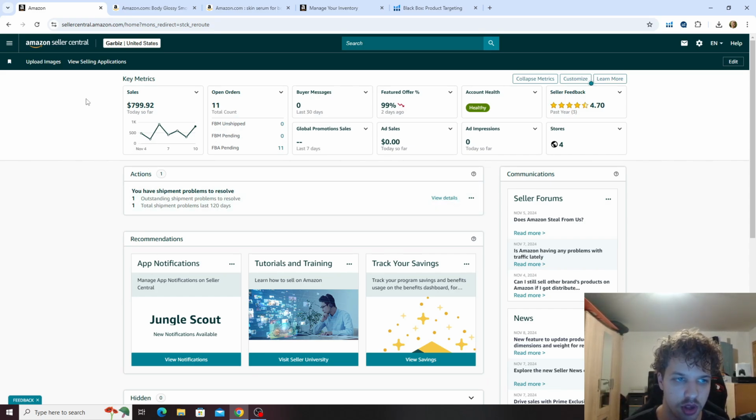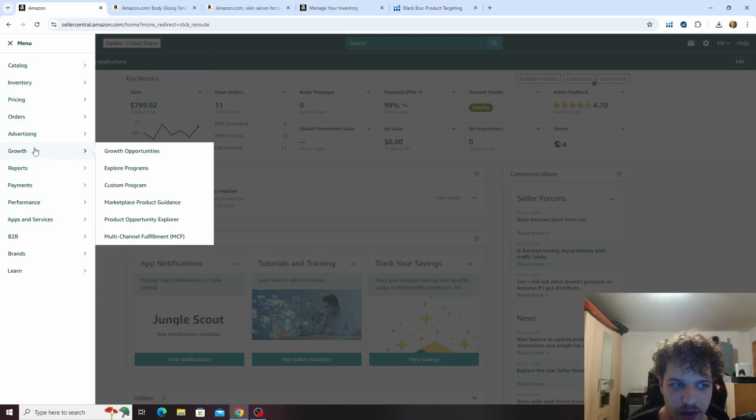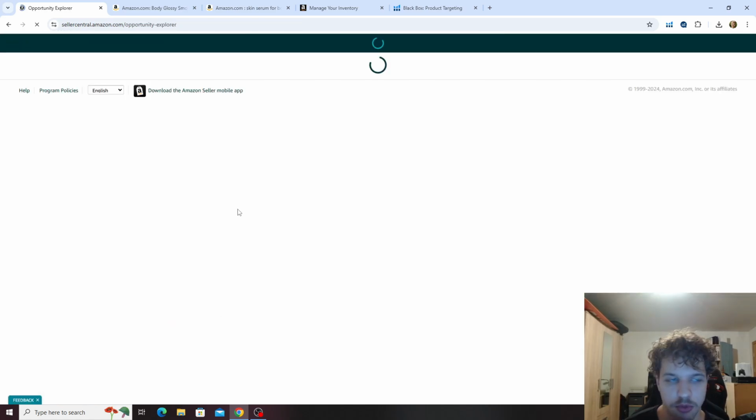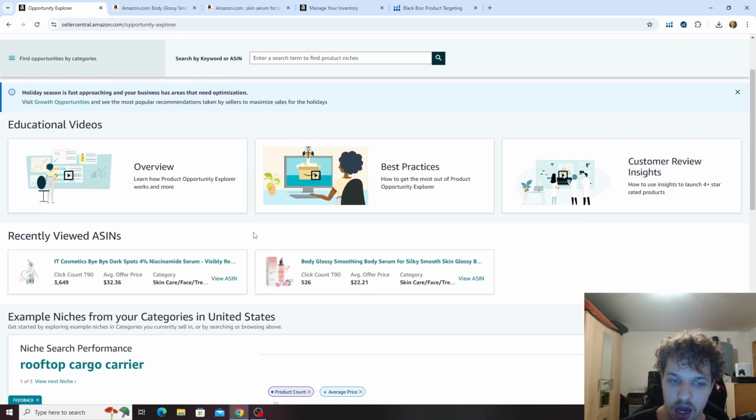The first thing we wanna do is go to Seller Central. Once you log into Seller Central, you just need to navigate to the drop down menu, alright? It's gonna unfold. Once it unfolds, you select growth and then go into the product opportunity explorer tool. I'm sure a lot of you have heard about this tool, but it's just an amazing tool